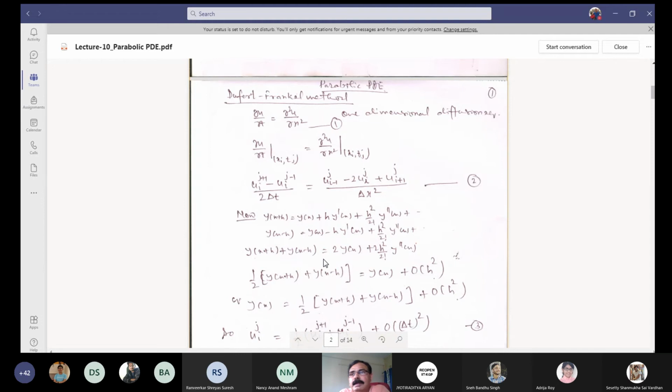So we'll use one very simple thing. You have already done that while writing the central difference scheme. y of x plus h expansion I have written, y of x minus h expansion I have written. I have added the two, so it will be y(x plus h) plus y(x minus h). On the right hand side, you will get 2y(x) plus, the h y prime term will go off, and you'll get 2 h square by 2 factorial y double prime x, right? I'm considering only up to this. So this we may write as y(x plus h) plus y(x minus h) divided by 2 equal to y(x) plus capital O of h square. Is that right?